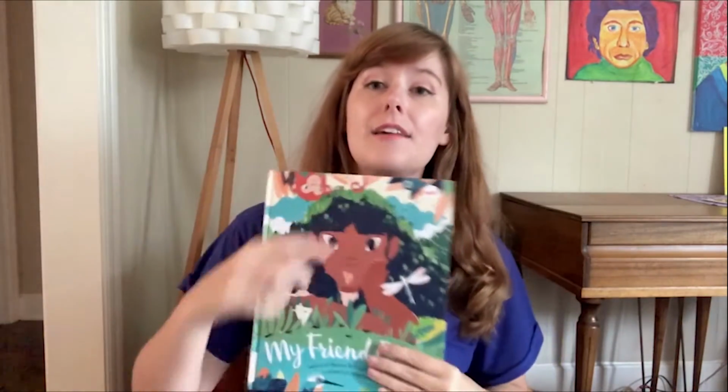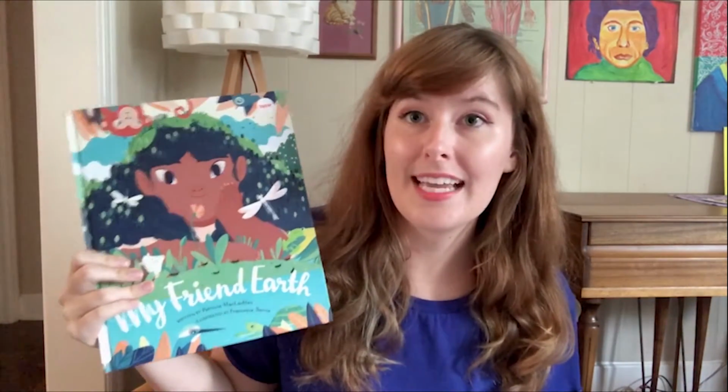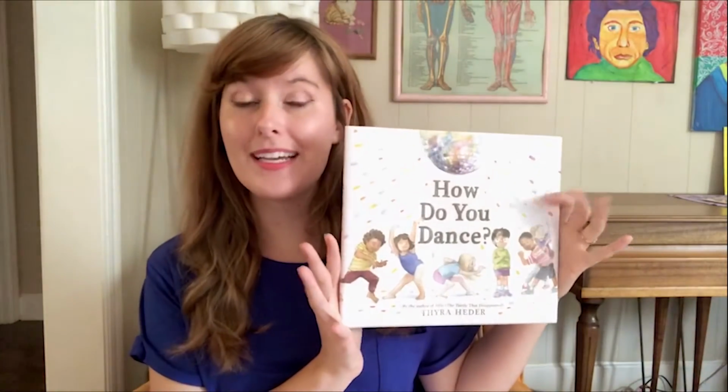You also ideally want to pick a book that has sort of a rhythm or a rhyme to it so that there's a good flow. So if you see a paragraph this long on every single page, it's probably not going to be an engaging read aloud book. Now, for the sake of our demo here today, I have selected a picture book considering all